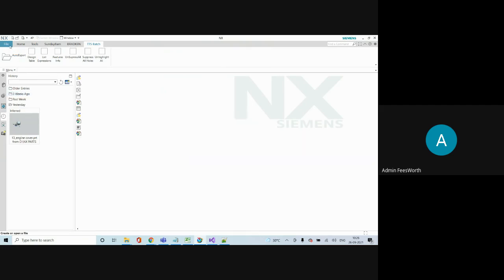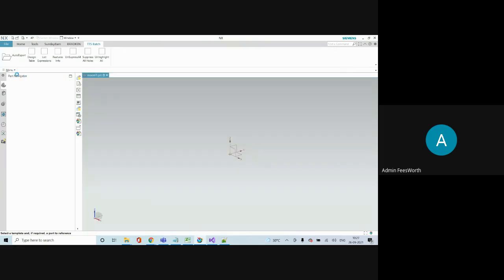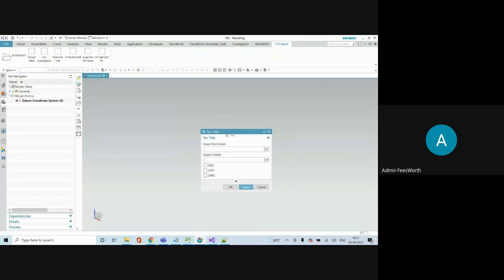I need to have one empty file. So it is showing this form.